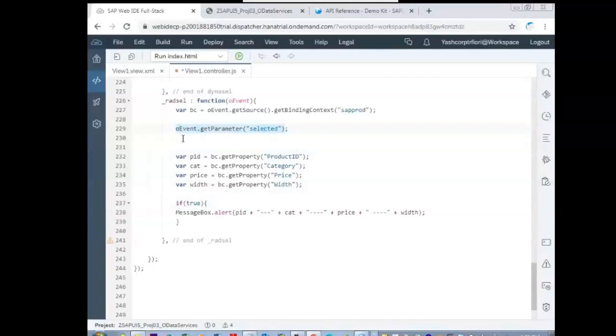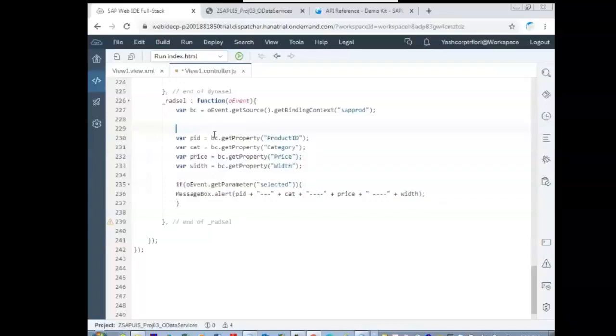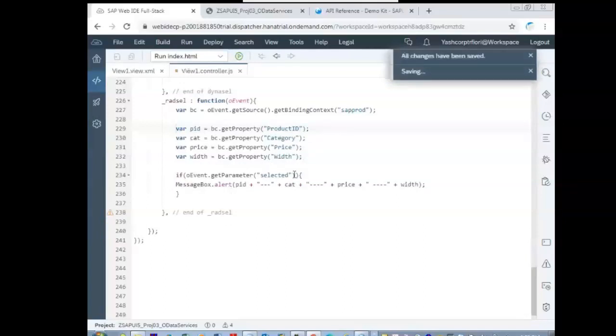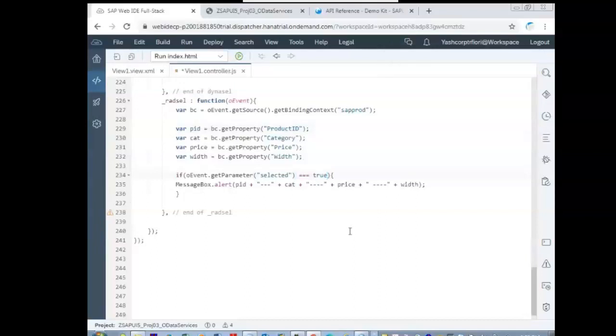This is returning the true statement. I'll directly copy it and paste it here. Some of them write it like this, is equal to true. This is not required. Why again are you checking for true? That itself is returning the Boolean value as true. If true, message box. Otherwise, don't populate it.